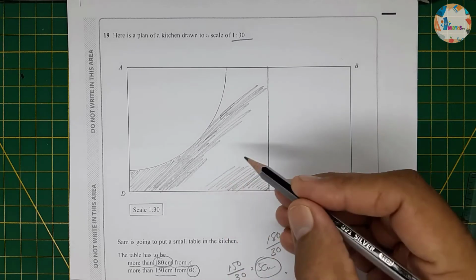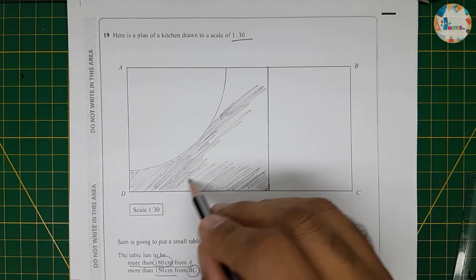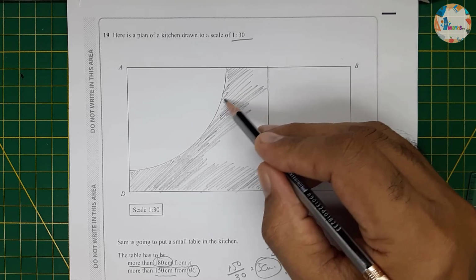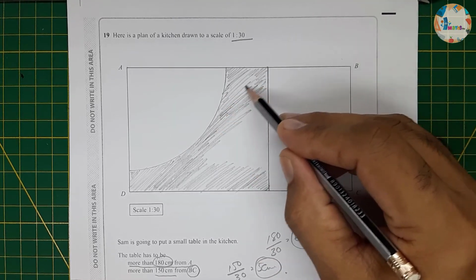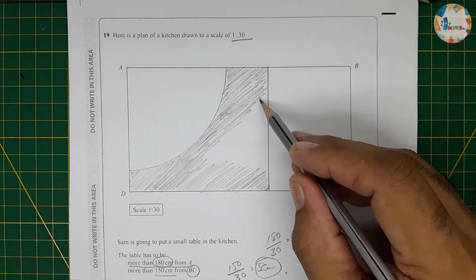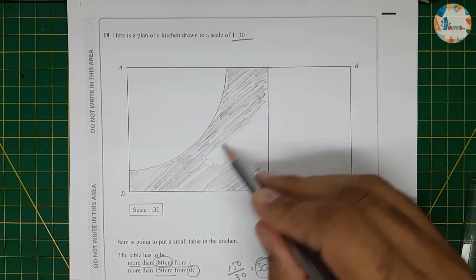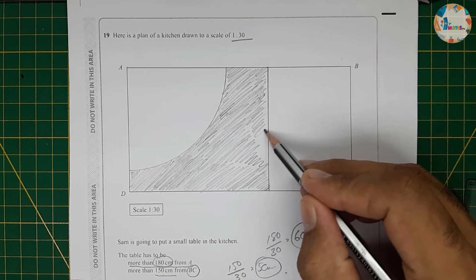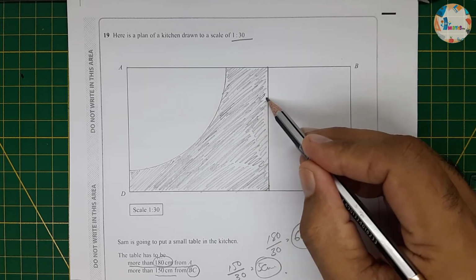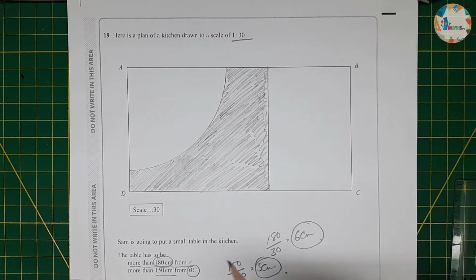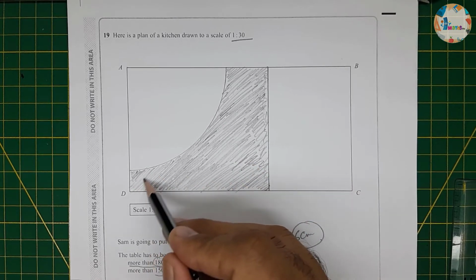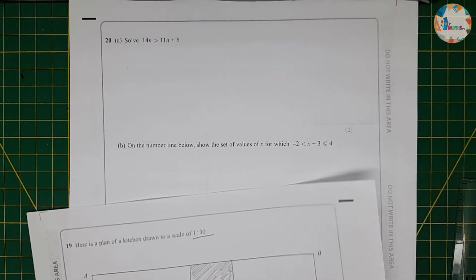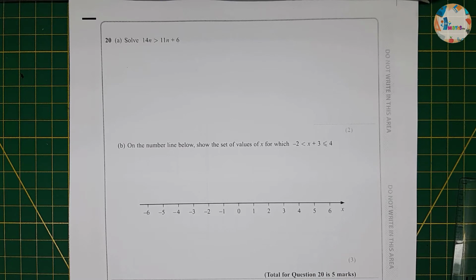This is the shading region in which we can place that kitchen table, and we can shade this carefully, the region which is satisfying the two conditions mentioned in the question. So we have almost done the shading part, and this region is the last one. Okay, so this is done. Now this is the region where we can put the table. Now question number 20, we have to solve the inequality